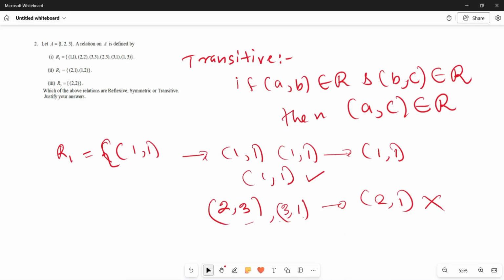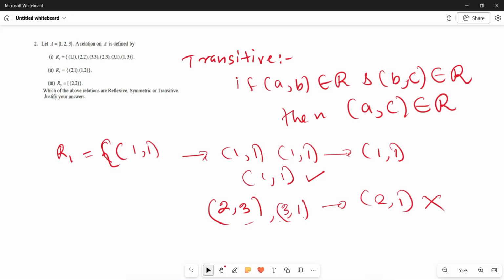And you can see 3 comma 1 is there, 1 comma 3 is there, 3 comma 3 is there. So from these two you can find 3 comma 3. But the problem is with 2 comma 3 and 3 comma 1. So what do you want to say about the transitive? You don't want to say about the other things. 1 1, 2 2, 3 3, those by themselves are transitive. You can find the counterexample. A counterexample means you have to find something which is not